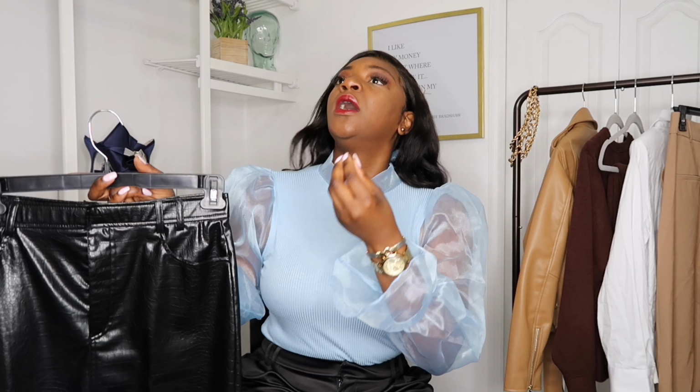I went up to a size large because I wanted it to not fit me super tight. I was going for kind of the oversized feel, but not to the point where it was just baggy and looked disheveled. That's not what I was going for, but I wanted to be comfortable. Also, if I happen to wear this with something underneath, like a pair of tights or leggings, I didn't want it to be so tight that you can see my undergarments